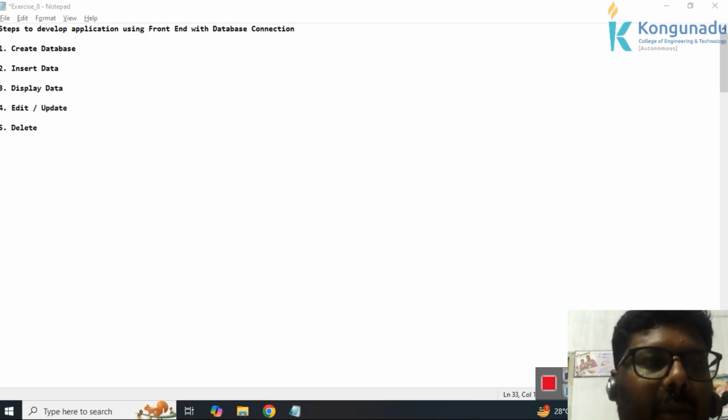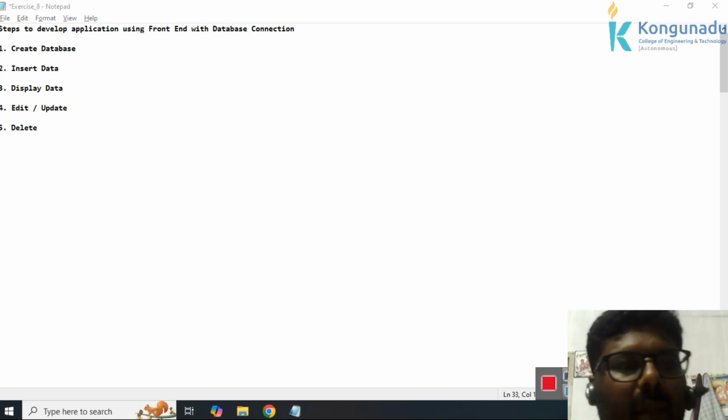Why? Because for creating a database, we need to have some structure of data, and based on that it is going to represent your table. And when you're going to develop an application, the data is very essential. The data can be inserted with the help of the insert command, and after inserting our data, we need to display the content with the display command. And if we need to update any existing data, we can use some